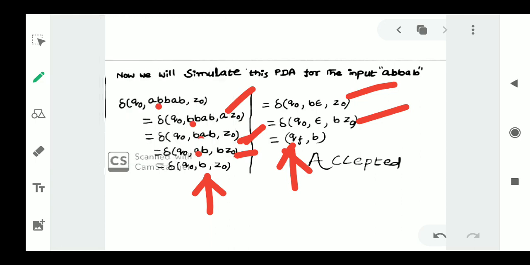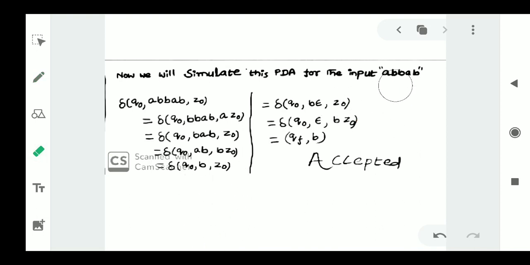This is how we construct a PDA. Please refer to the problem of pushdown automata with more A's than B's. We followed the same way there. There we were remaining with a single A, but here the stack is remaining with a single B. That is the only difference. Please follow the same procedure to draw the diagram also. This is the simulation. Simulation is nothing but the verification process. We take any valid string and verify whether it is accepted by the PDA or not.